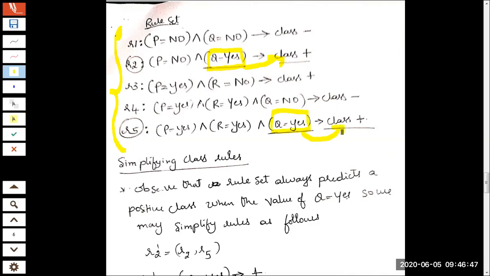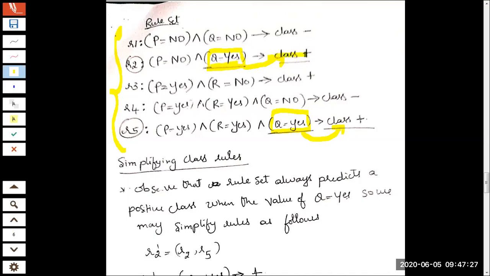This was the optimization that I was talking about, and this type of optimization is expected of you during a project or when you start working as a professional in the industry. The required groundwork has already been done. Your role and responsibility will be to make things better, to improvise on things, which we call optimization. In this instance, wherever I encounter Q equal to S in the antecedent part, I'm taken to class plus.